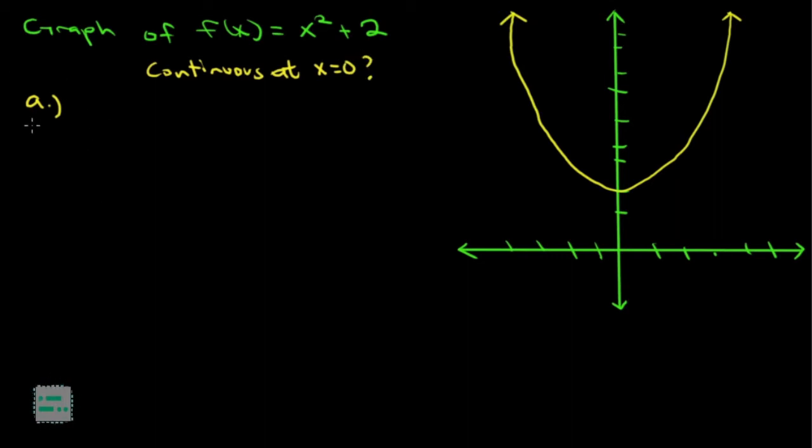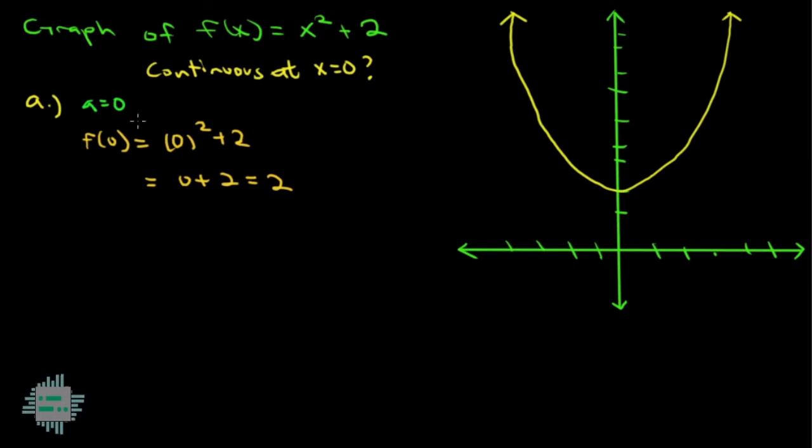Una nating tingnan, dapat merong f of a. Meaning, if I plug in 0, in this example's case, ito yung magiging a natin, dapat may makuha tayong finite na value. So, f of 0 is 0 squared plus 2. 0 squared is just 0 added by 2. F of a is equal to 2. Ibig sabihin, if we plug in 0 dun sa lahat ng independent variables ng function, lalabas itong 2 bilang output